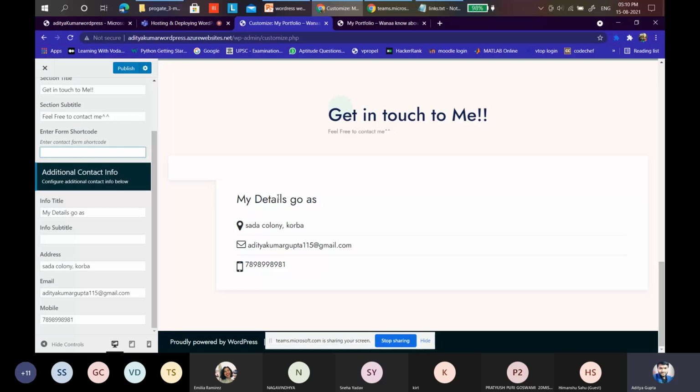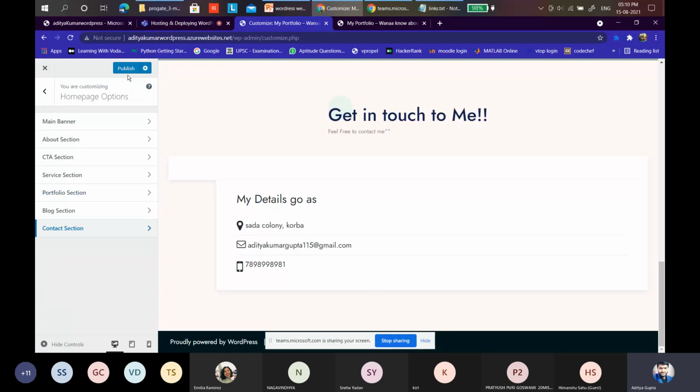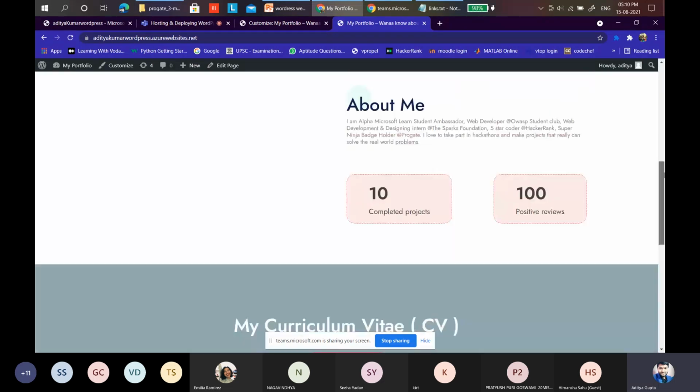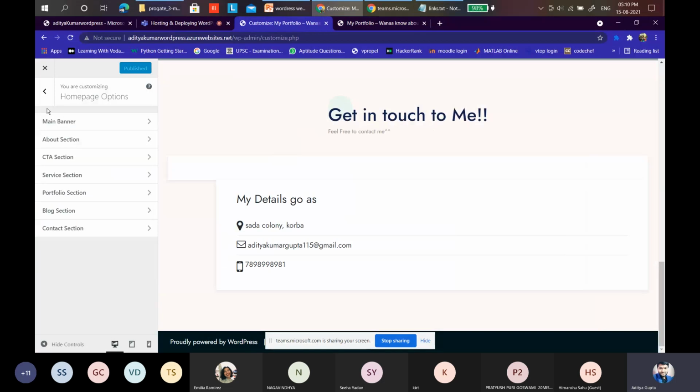My details as goes. Location, this icon came by default. It's a feature of WordPress, it will come, email, mobile, okay, stuff like that. Go to back section. Let's see how it's looking now. Publish it, refresh it, and explore. I like to see this works, what we did. It's very good to see consecutively. If some errors are there, we can just rectify as of now. So we don't need to worry for a whole program. So it's really good for doing like that too.